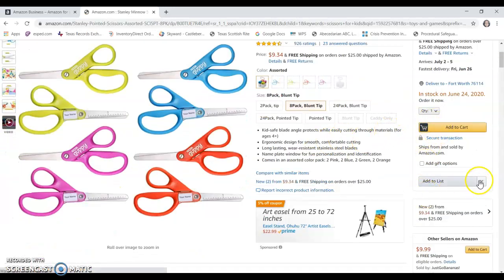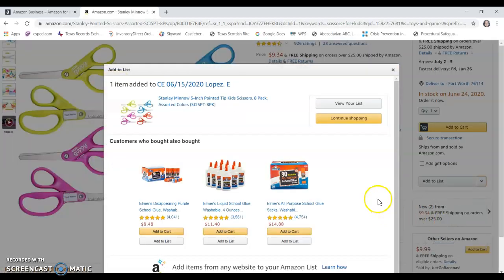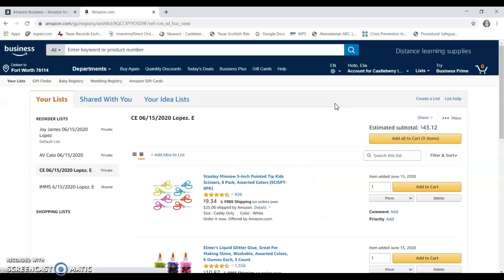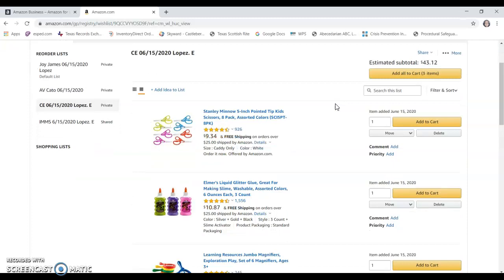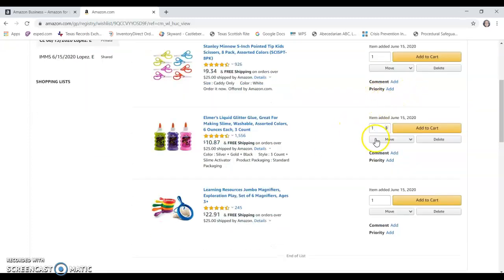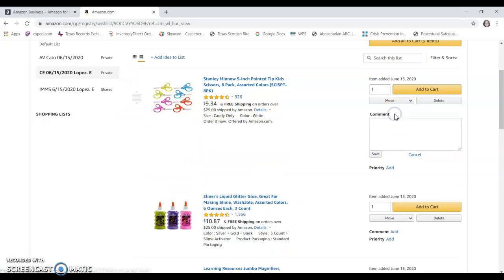Okay, so we'll add it to the list again. Okay, so once you're done with creating the list that you're wanting, you'll go to View Your List, and then right here, you'll be able to add comments and add the priority to each item that you're wanting. So let's say this is for a science project that you're doing. You can add a comment to each item,